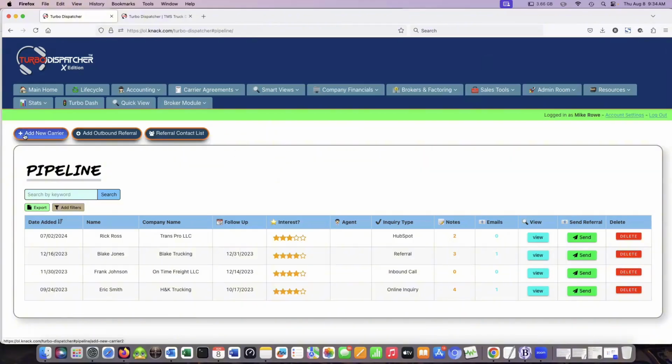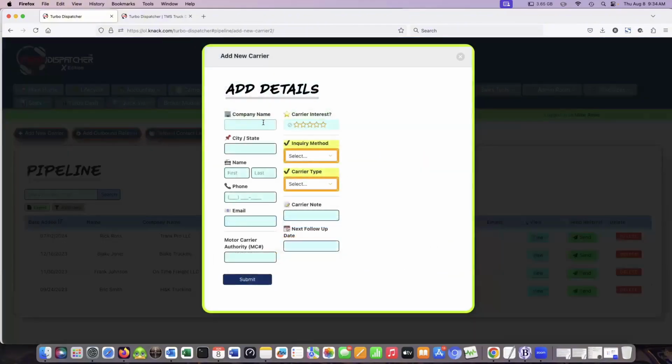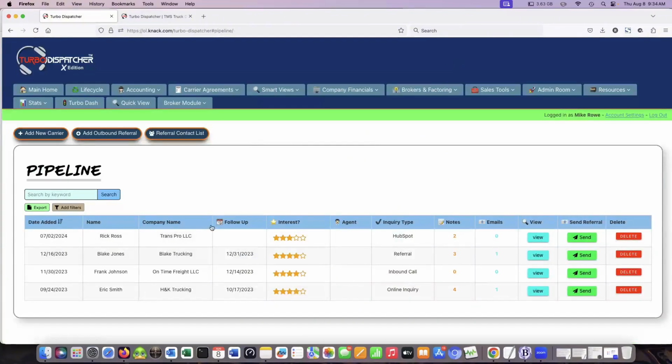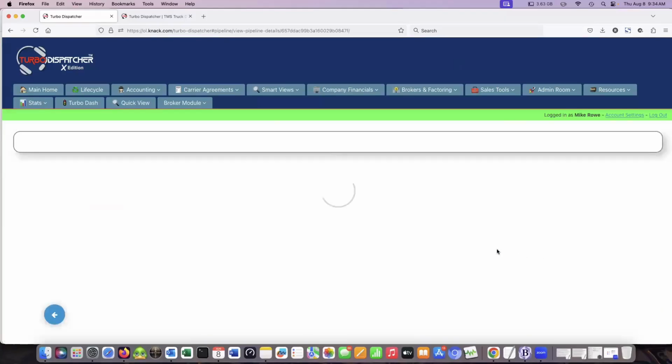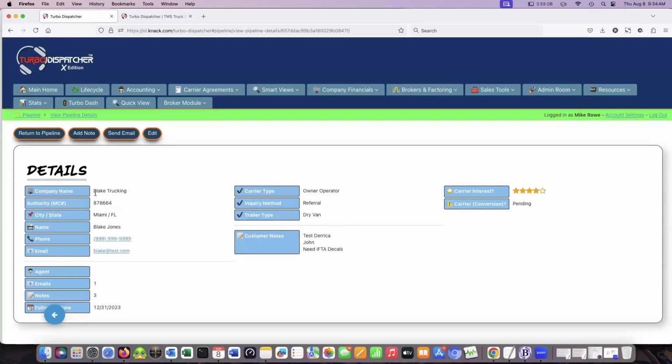But you would come here, for example, you would be on the phone with a prospective carrier you're talking to. You would fill out as much information in real time as you can, especially their email, critically, and then you add them and they're here in your pipeline. So I can go and view the contact. I can add a note. All the notes start line by line added here. I can add a note,